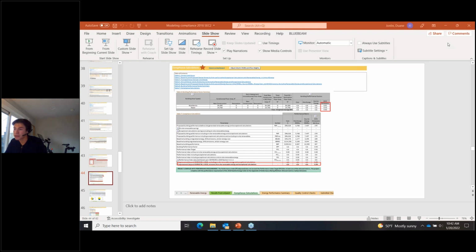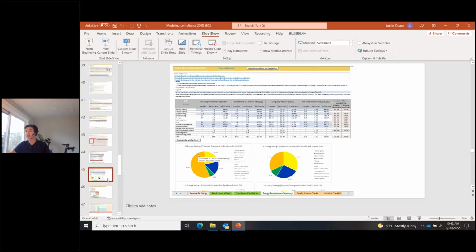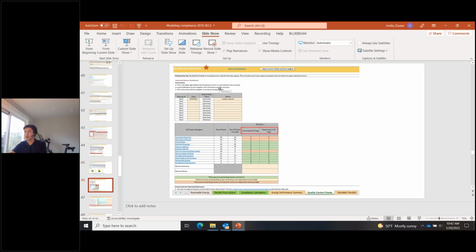Cool, so you've got inputs and outputs in there. Now you move into the QC section of the workbook. This tab, the energy performance summary, is where you're comparing your baseline and proposed models to benchmarks, checking if any of your end uses are out of whack. And then your quality controls check. This is what I was talking about earlier. The review manual recommends a bunch of checks, and the workbook has integrated those in here.